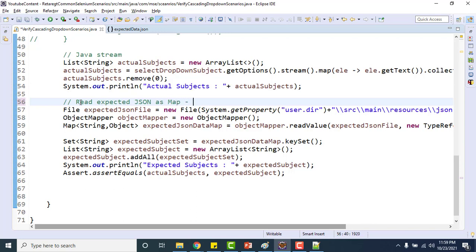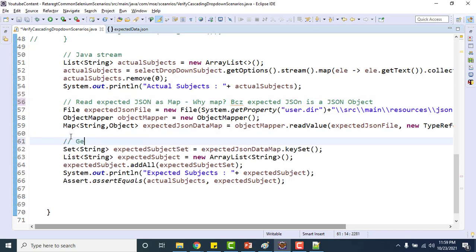Why map? Because expected JSON is a JSON object. So here, get all subjects value and convert to list.